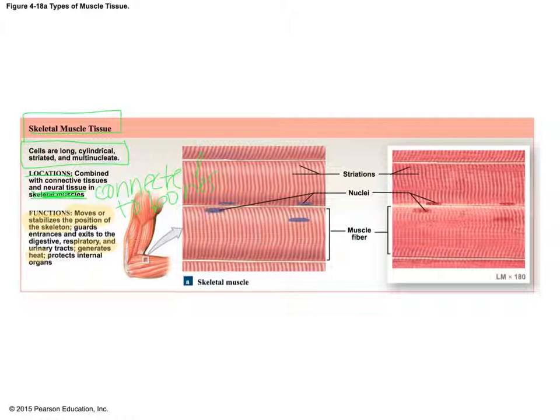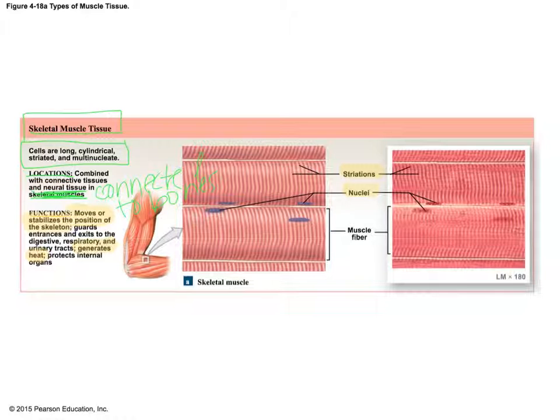You can see here in the pictures the striations or the stripes. And you can see there's more than one nucleus per cell. So you don't see the entire cell here, you see part of it. We could zoom in, but you can see more than one nucleus per cell. This picture on the right is what you'd see under the microscope. When we're looking at muscle tissue, it's going to be pink under the microscope, and the nuclei are just going to be a little darker pink or red. And then the muscle fiber itself is like the muscle cell. So when you are labeling on your lab on Monday, you can label things like striations,